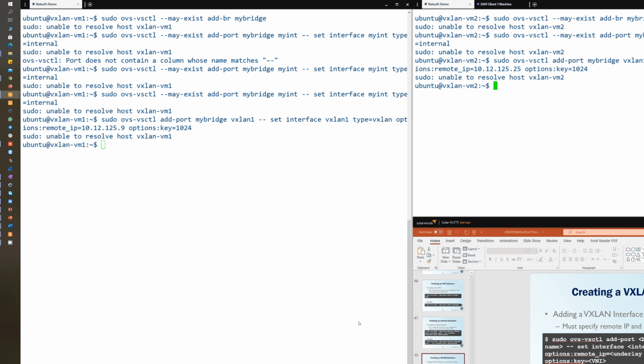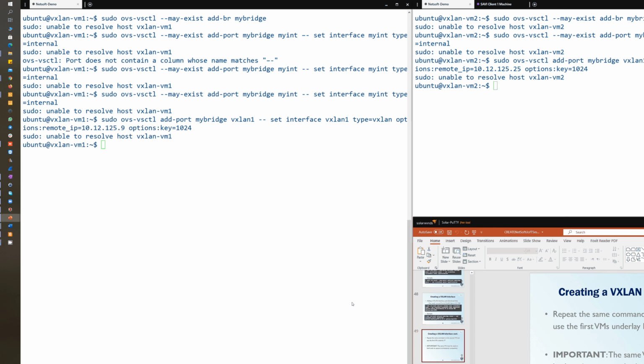So now we created the VxLAN, and by repeating that in the second VM, we created a bidirectional communication here. Each of them is unidirectional, but both together create the bidirectional. So we can also check to see if our interfaces have been created. Let's do a test here using OVS,